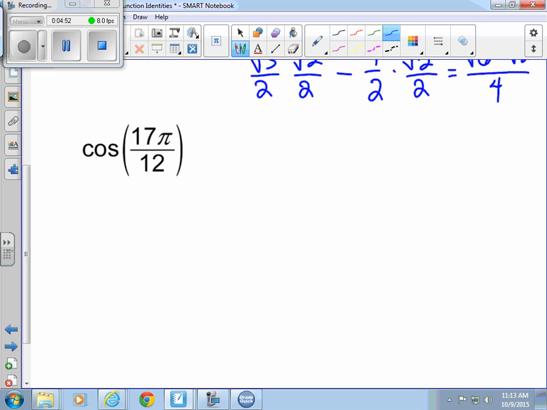Always weirds people out when we have over 12s or radians in general. But it turns out that they're not that bad. What we really have to think of is simplification of fractions. Over 12, if the numerator was what numbers, would it simplify to something I could work with? Right? If it's 2, because then I get a 6 on the bottom, or any even number, why is a 6 on bottom good? That's a 30-degree angle, so that's one I can use. Or 4